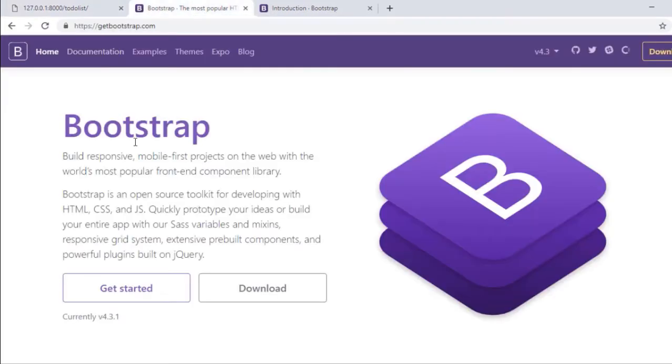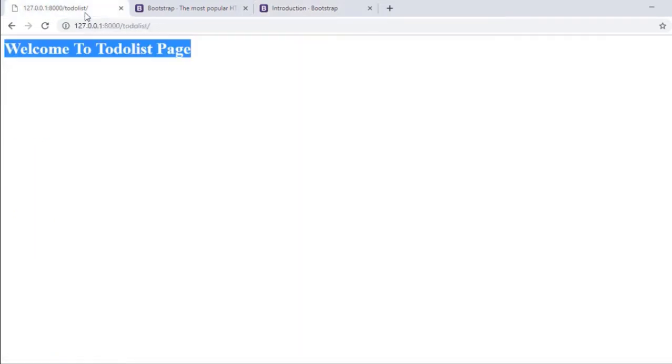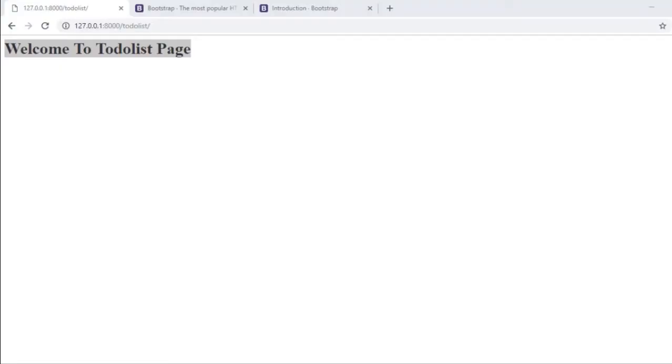Now if you visit the main homepage of Bootstrap, you will understand about the title thing. So if I am on the introduction part, they have a title regarding introduction and then the site name. So we have to do something similar. So let me save this one and refresh my page. You can see now we have a different font style as well as a different title.